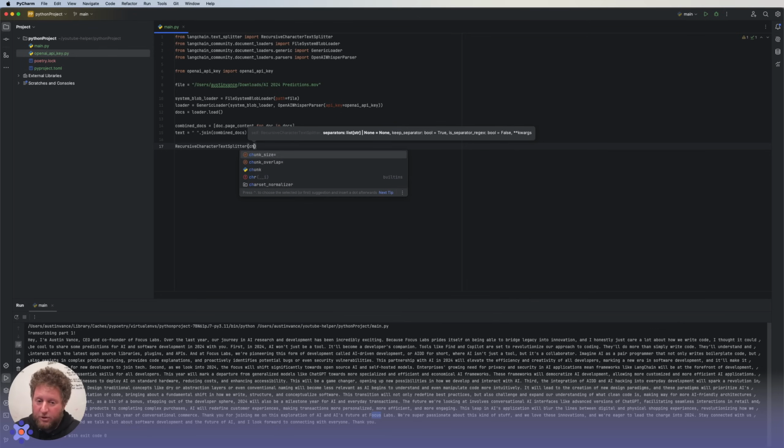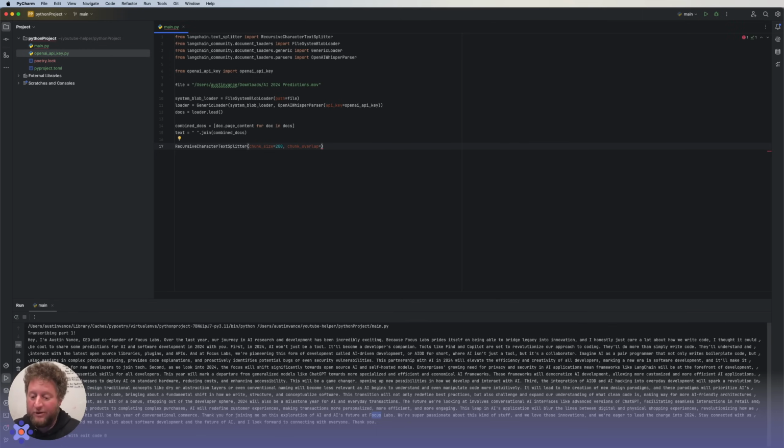So then you get a couple of things you can play with. You can play with a chunk size. This is how big you want your selection of characters in this case, or however you want to tokenize and chunk up your documents. So I like to do, say, 200. So we have 200 characters, and then often in order to make sure that you don't accidentally break apart any important context or sentences or paragraphs, you'll create a chunk overlap. And so maybe we want to overlap 50 characters.